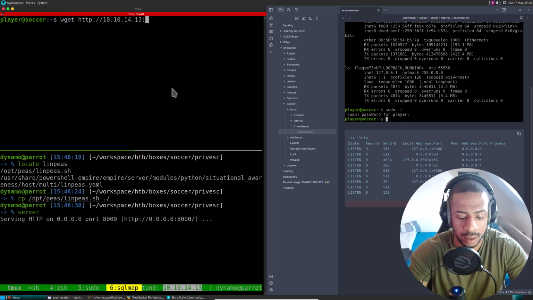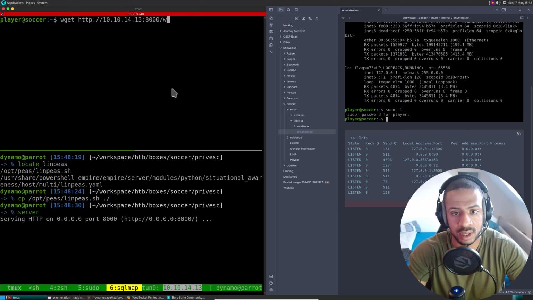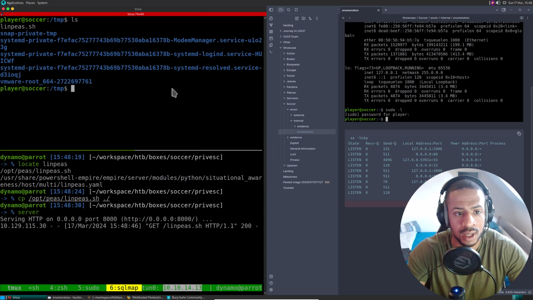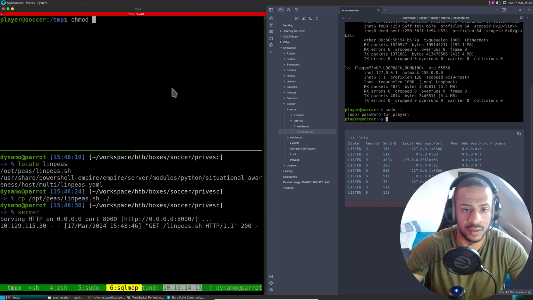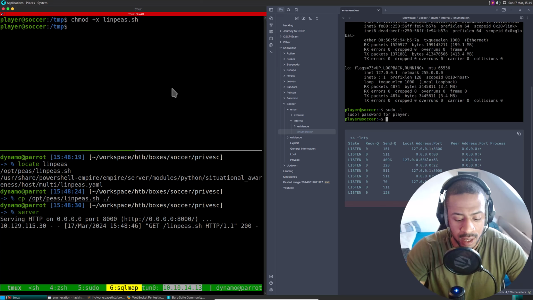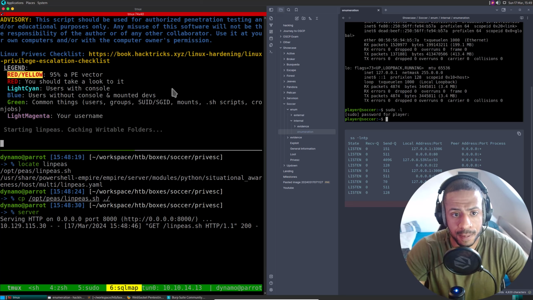Copy. linpeas.sh. I should move this to /tmp because we try to work out of /tmp always. There you go. And then let's give that permissions and run it.